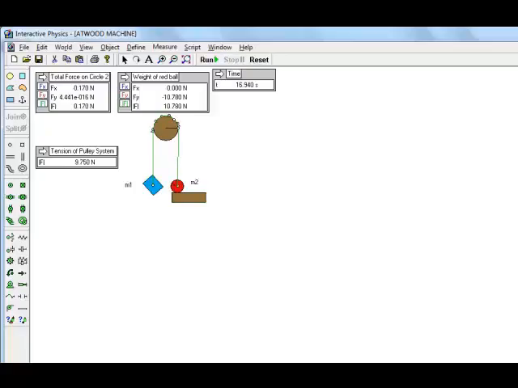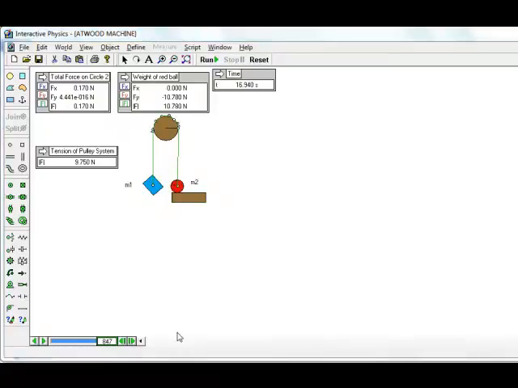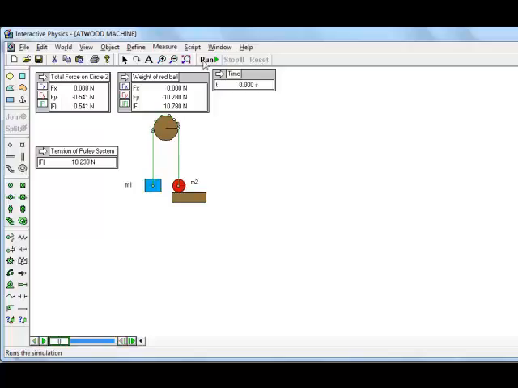Now that we've adjusted this so it can look at the specific times, we can start the run again. Actually, let me just reset. It'll probably make it a little bit easier. Let it run for a few seconds, and this is where we can adjust exactly where we want to go, down to 2.54 seconds. And you see the tension of the pulley system, which is basically about 9.8 newtons.